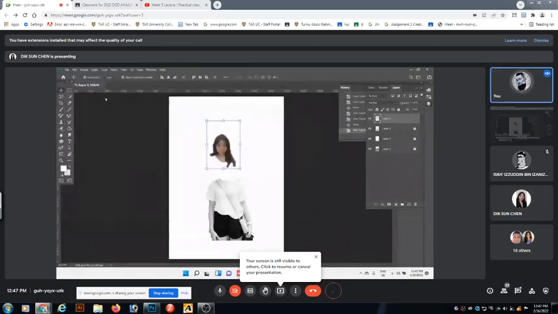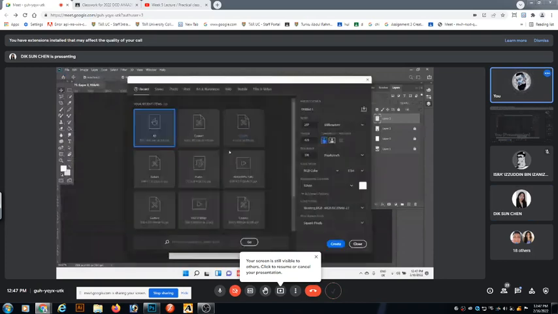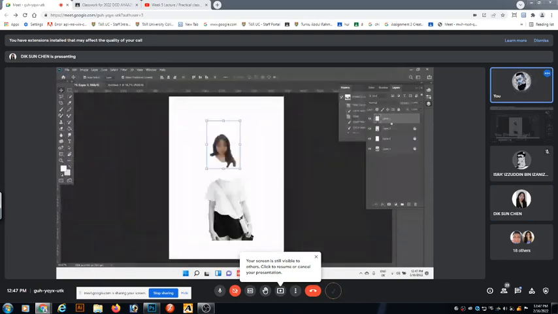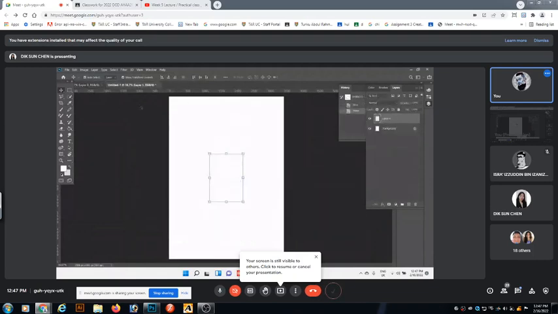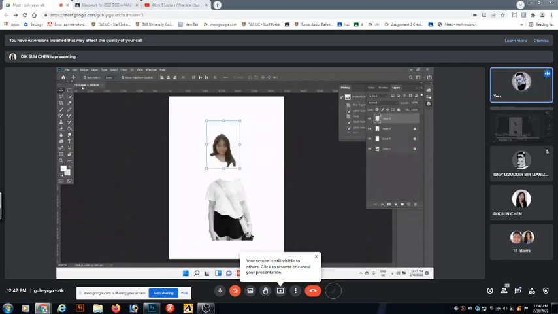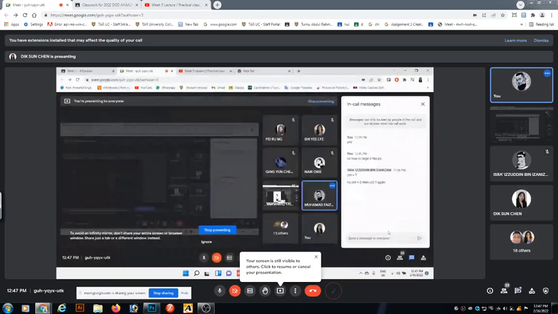Close your Photoshop, open it back again. I don't know what happens, it's not right. What is that? It's kind of cropping. Close the files, then open them back again, right?